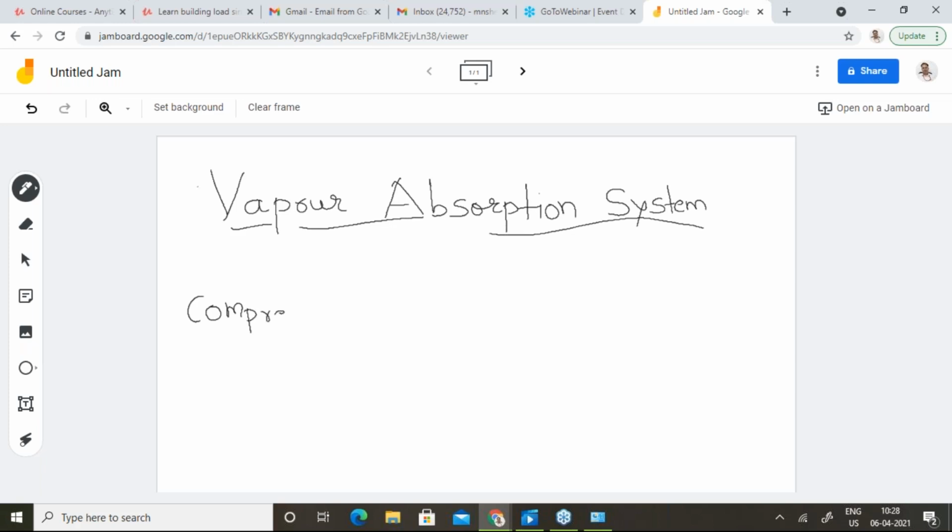what we do is that we compress the refrigerant from the low pressure, that is the suction pressure, up to the discharge pressure, that is the condenser pressure, by using a compressor. So this compression phenomena is necessary to maintain two different pressures, low pressure in the evaporator and high pressure in the condenser. Now why do we require a low pressure in the evaporator and why do we require a high pressure in